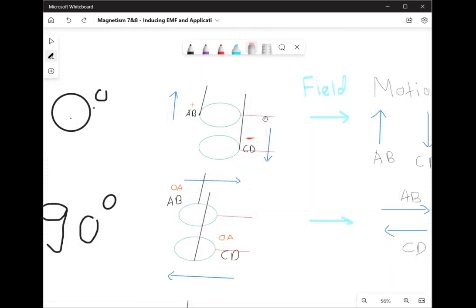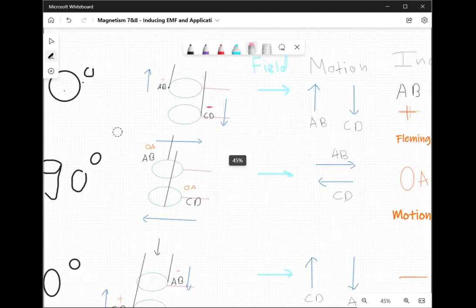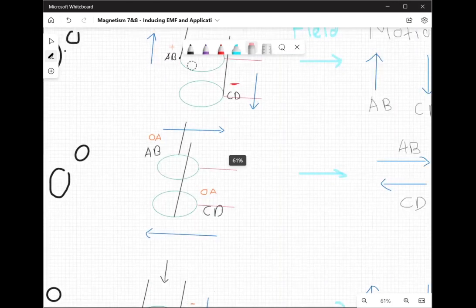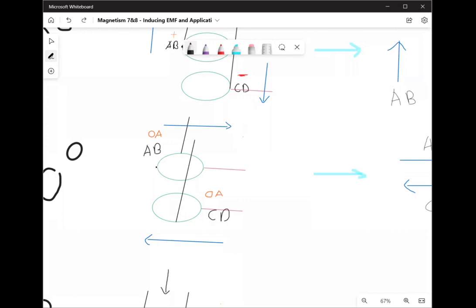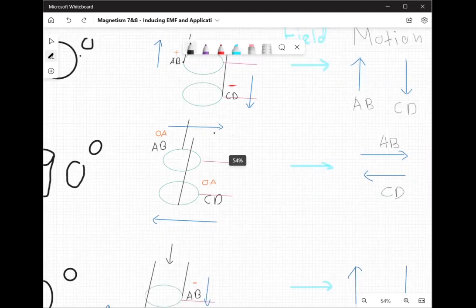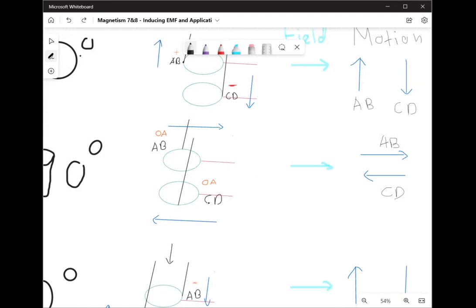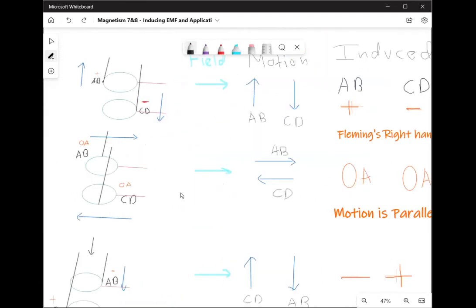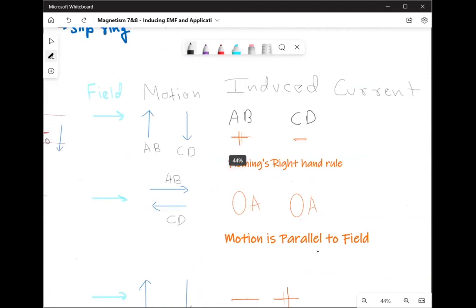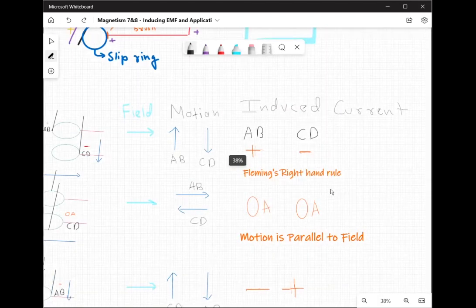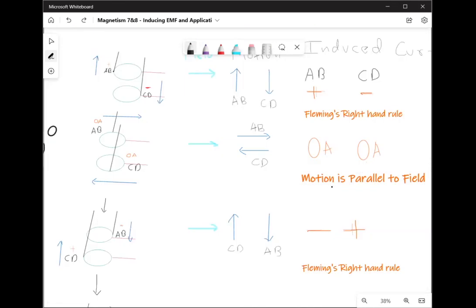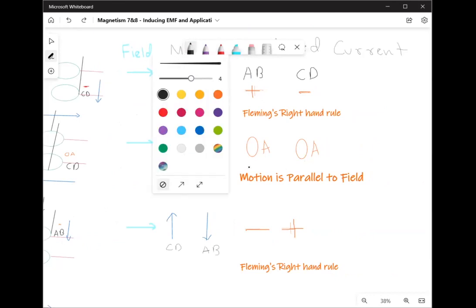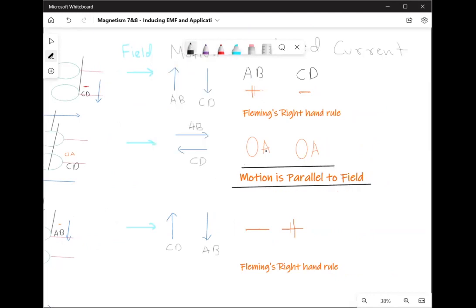Fine. Now what happens if I move the whole coil 90 degrees? AB was here, and it goes from here to here, 90 degrees. Now the motion at AB is towards the right, and the motion at CD is towards the left. The whole coil is being rotated clockwise. The field did not change, but the induced current now becomes zero because the motion is parallel to the field. They're in the same direction. If motion is ever parallel to field, the current is zero. Neha, read this out. 0 amperes because